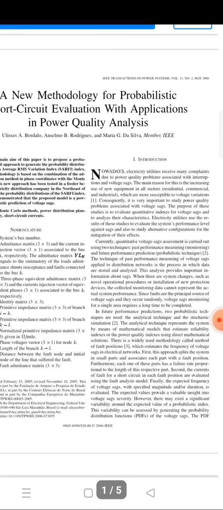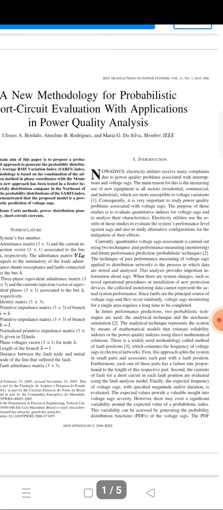where the system has a device that collects power monitoring data, voltage and the occurrences of voltage sag, and future performance prediction through a probabilistic technique by use of mathematical models. This solution is widely used, a methodology called the method of fault positions. The first approach divides the system into small parts, each part with a fault position. For arithmetic, each one of these parts has a probability rate proportional to the length of the respective part.